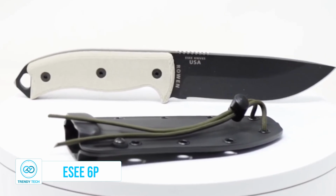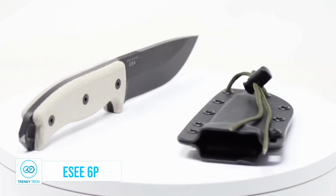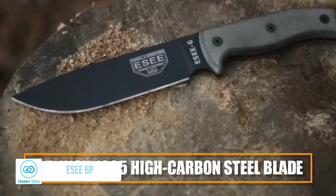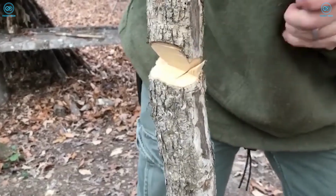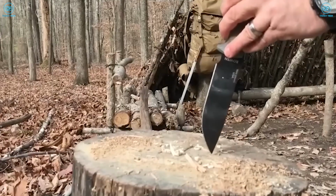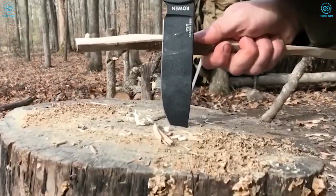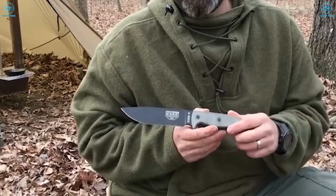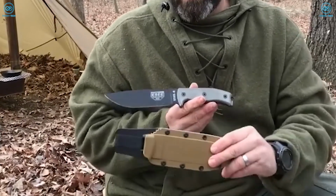The ESC6P is a powerhouse survival knife built for those who demand reliability in extreme conditions. With a 6.5-inch 1095 high-carbon steel blade, this knife is tough enough to handle chopping, battening, and precision cutting with ease. The full tang construction ensures durability, while the micarta handle offers a secure and comfortable grip even in wet conditions. Designed for outdoor survival, bushcraft, and tactical use, the ESC6P includes a protective polymer sheath for easy carry